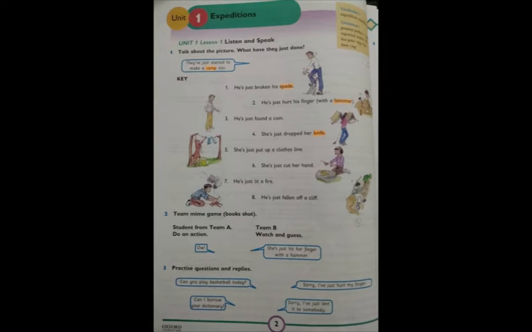Expedition means an exploration, or you can say a journey or traveling by a group of people for the sake of discovery, or you can say scientific research, or to examine something. And in this chapter we will also learn about the tools or the expedition equipment, and about present perfect tense.